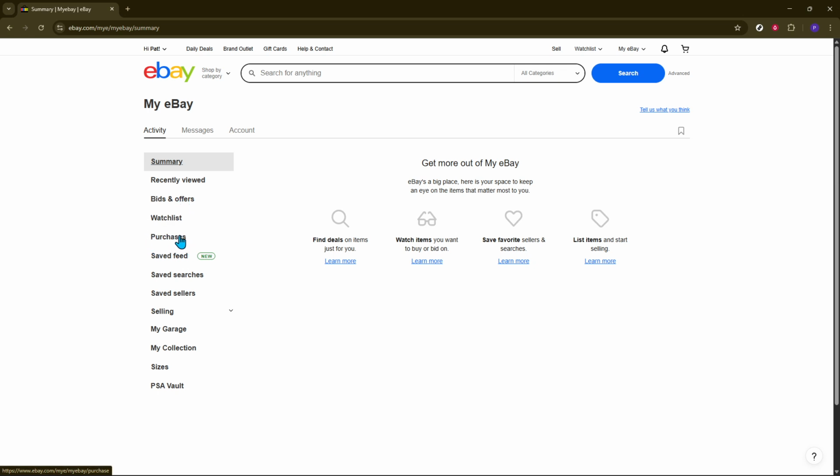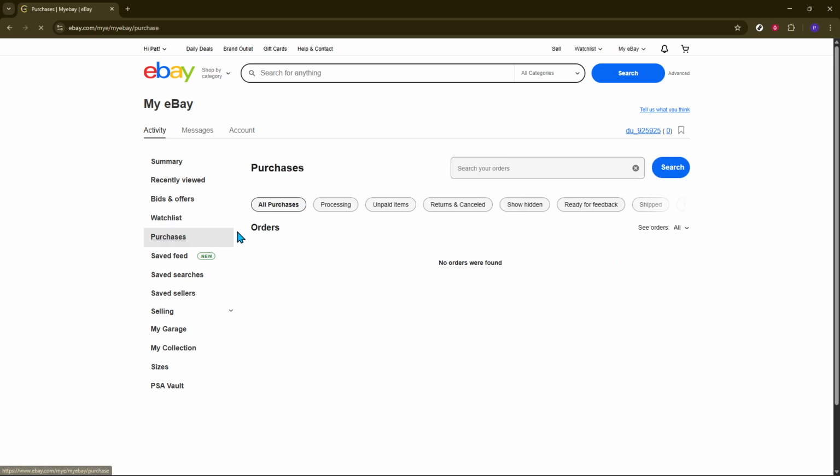Now, eBay doesn't actually allow you to delete your purchase history altogether, but don't worry, there's still a way to clean things up a bit. What you can do is hide or archive items. This doesn't remove them from eBay's records, but it will make them less visible to you when you view your purchase history. To archive an item, simply select the items you're interested in concealing and use the available option to